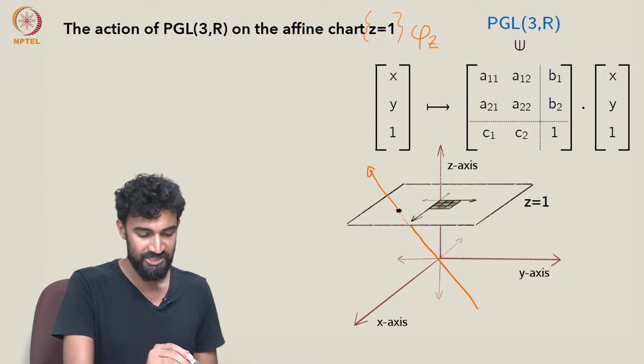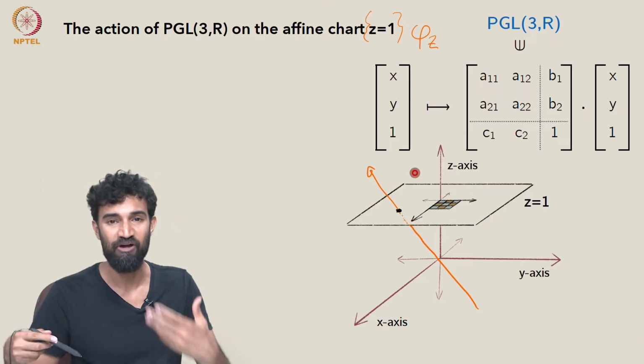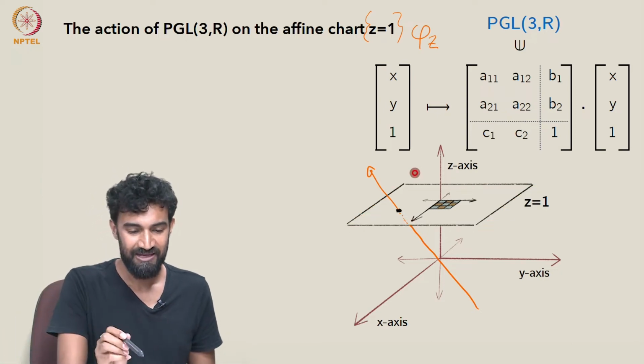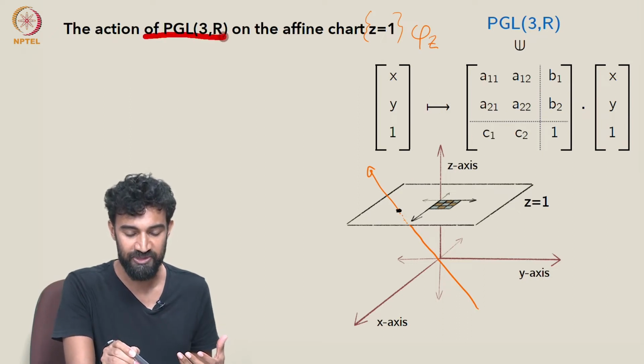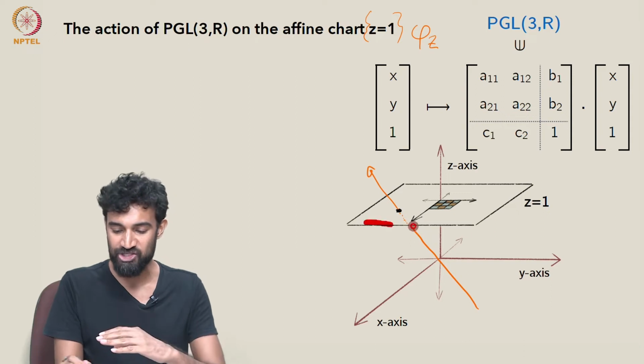So we can use this affine chart, this plane z equals 1, to visualize most of RP2. So using that, let's look at the action of PGL3R on RP2 via the induced action on this chart, z